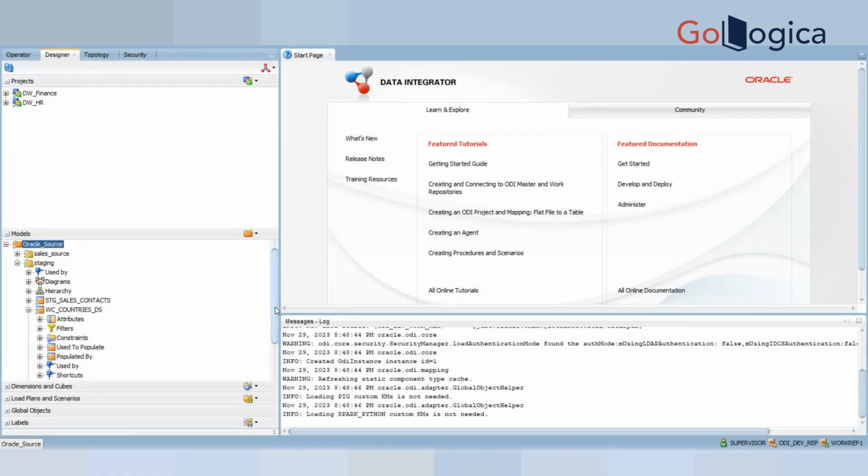So to create those constraints, when we expand the table node, we can see different subjects, like attributes, filters, constraints, used to populated by. So here we have the constraints option, right? So here we can add the constraints. To create a constraint, right click